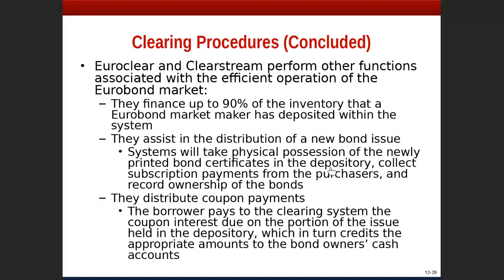They will collect subscription payments from the purchasers and they will record ownership of the bonds. They also distribute coupon payments. The borrower pays to the clearing system the coupon interest due on the portion of the issue held in the depository, which in turn credits the appropriate amounts to the bondholder's cash